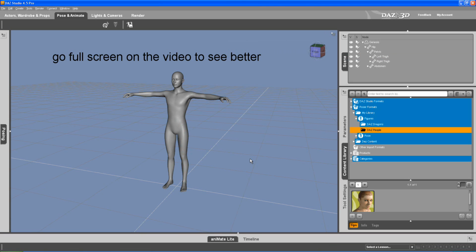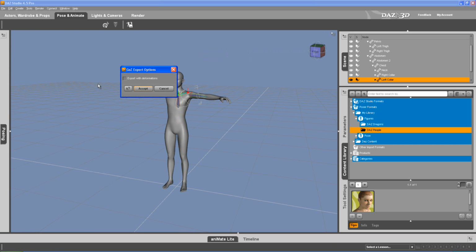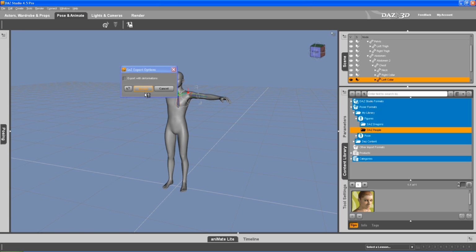Okay, I'm going to show you how to use DAZ Studio 4.5, the Genesis, and we're going to use ZBrush with it. We're going to create a texture map with Polypaint, and the Polypaint consists of Polypainting with color and Polypainting with textures. And I'm going to show the difference in the two, and we're going to go to File and send to ZBrush. Leave the export and deformation off,